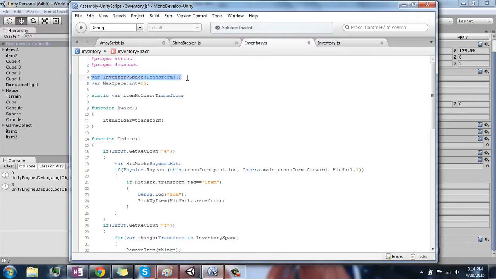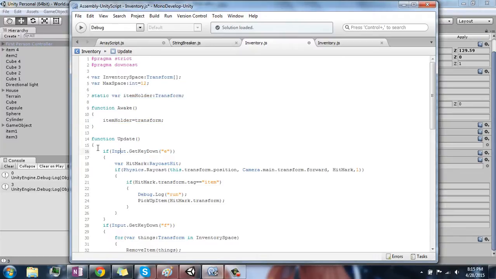So the first thing we do is we are going to declare a transform array, because transforms are easier to work with than game objects. And we set up a space, and then we set up a static. This is a static variable. I haven't taught you this before, but a static variable is a variable that doesn't change. So I set it once in the inspector, and it's never going to change. And if I don't set it in the inspector, I set it right here, and it's going to be this